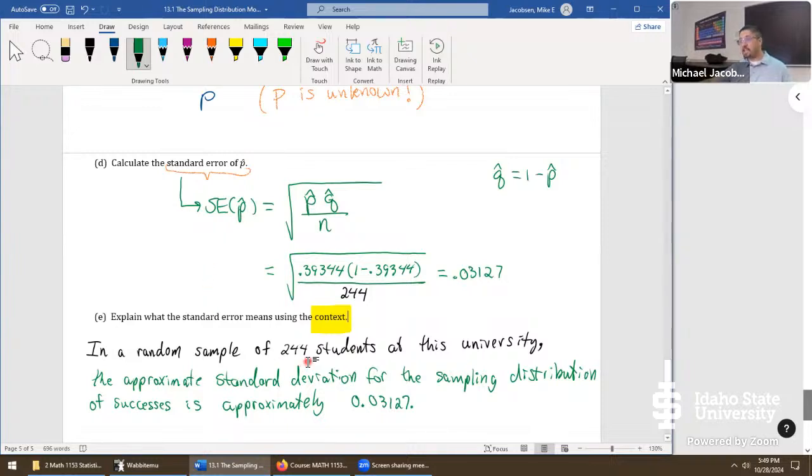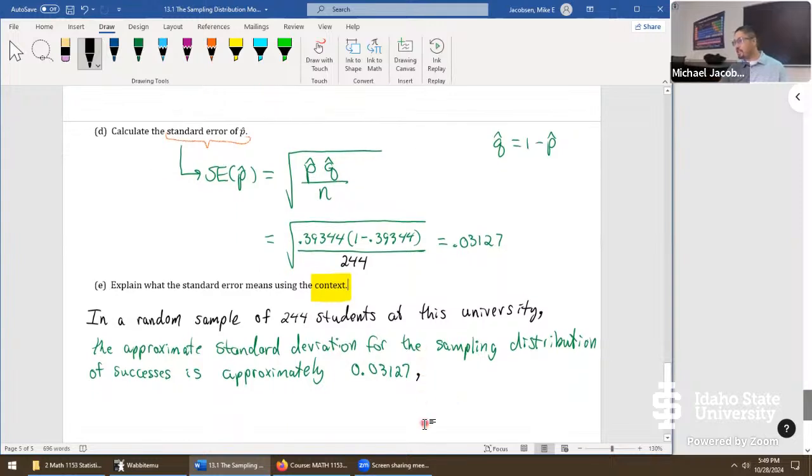It has to mention the sample size. It has to mention that we're approximating the standard deviation with this new quantity called the standard error. And one thing I'm missing here is it also should mention what the success is. So let's add that as an additional comment. You can kind of see why this doesn't really make a great exam question. It's a huge technical statement. It's more just making sure you understand what this really represents as an approximation.